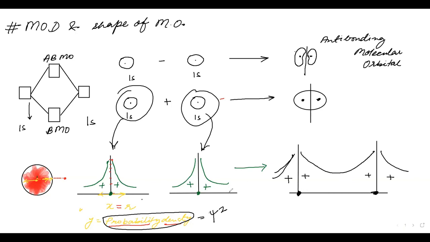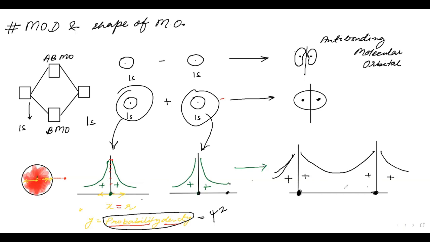The electron density, see, from the nucleus to here, there was no electron density after this. But from this nucleus, if we even go till here, we have the electron density. Can you see, in this case, before the mixing, before the combination of atomic orbitals, there is no electron density between the two nucleus. As soon as they combine, the electron density between the nucleus has increased.